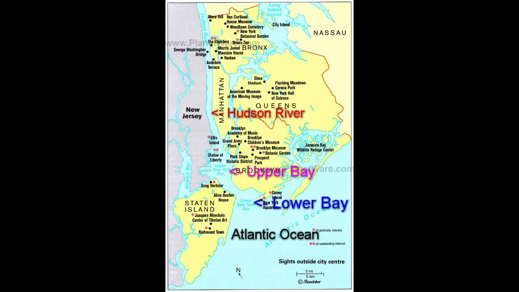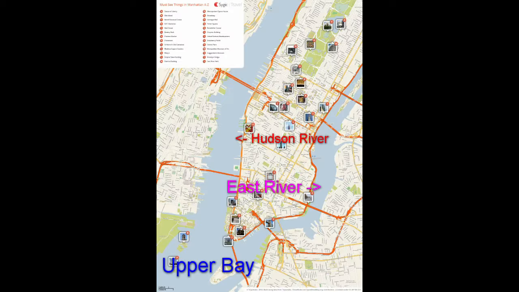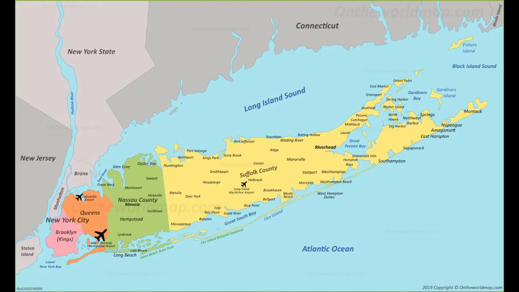Now for physical geography. New York City is located where the Hudson River meets the Atlantic Ocean. Well, not exactly. The Hudson River flows into the upper, then lower bay, and then the Atlantic Ocean. Manhattan is an island because the Harlem River and East River come to a confluence with the Hudson River / Upper Bay at Brooklyn Heights. It would also be worthy to point out that the Long Island Sound to the north of Long Island is over here.